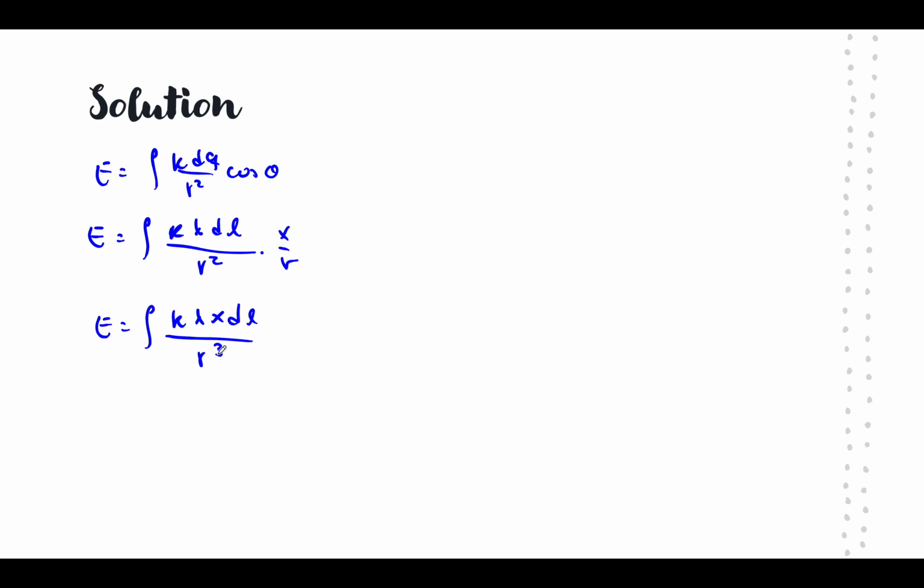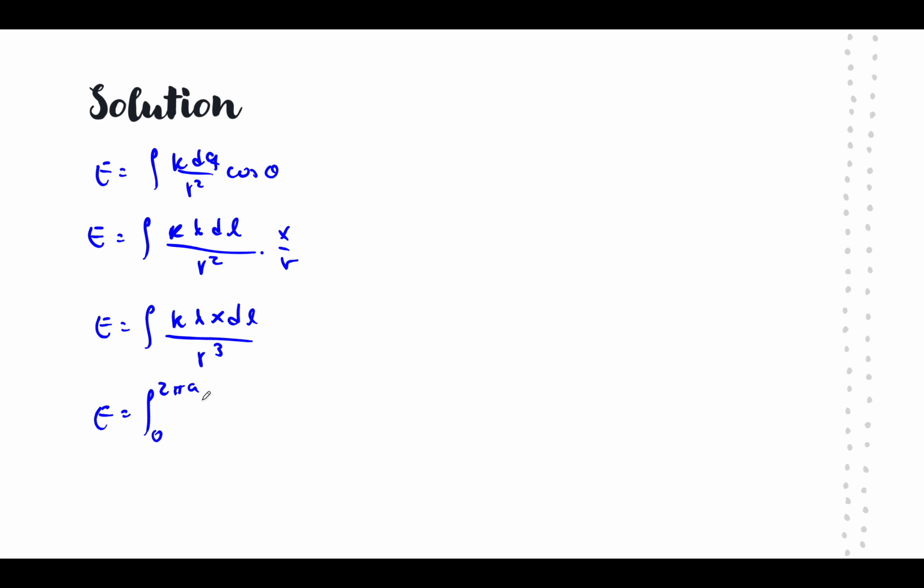Okay, now what's going to be our boundaries for integration? Since we're integrating all along the length of the ring, the length of the ring is going to be its circumference, right? So then our integral is going to be from 0 to the circumference, 2 pi a,